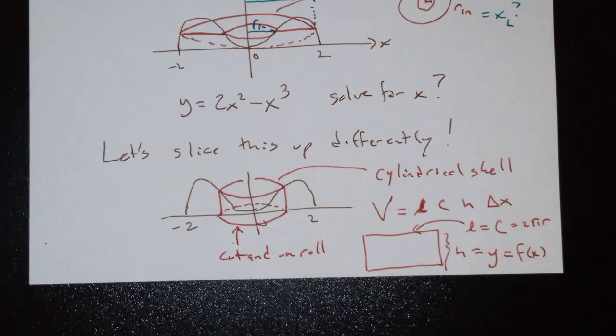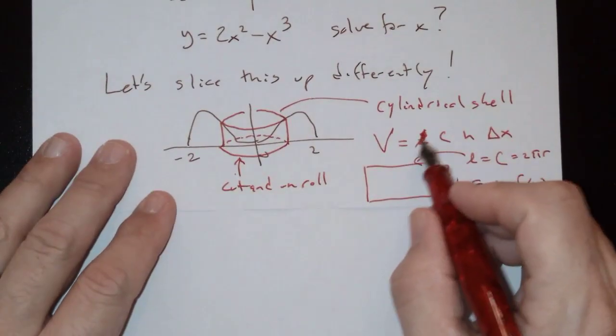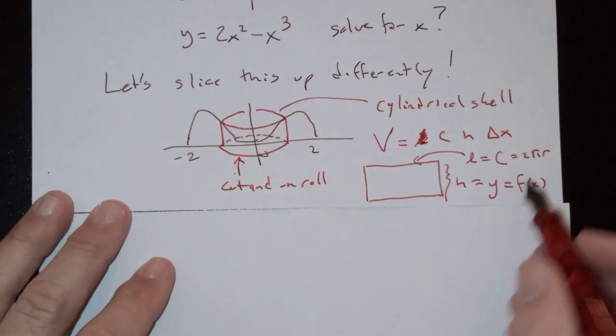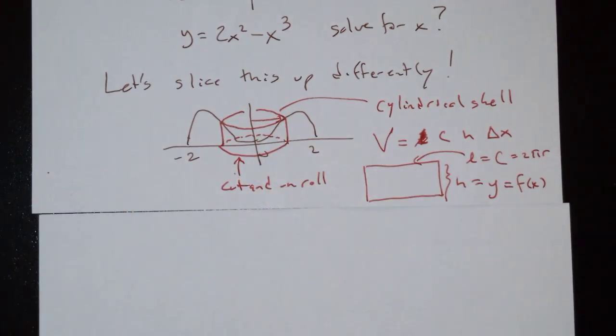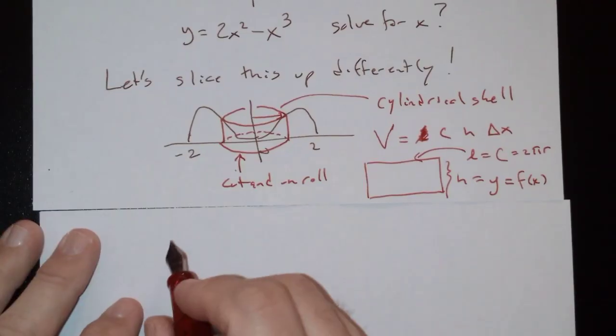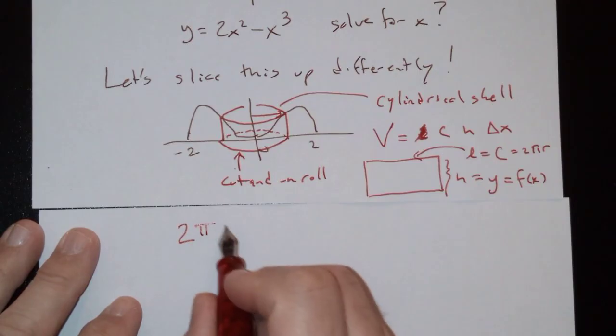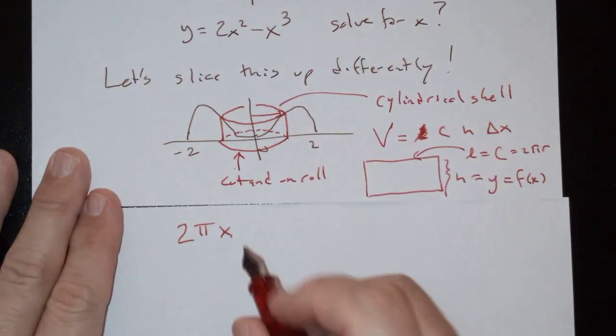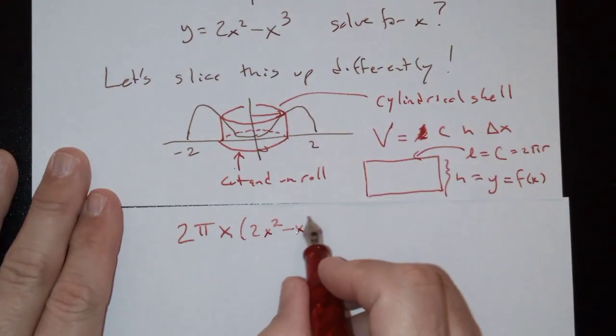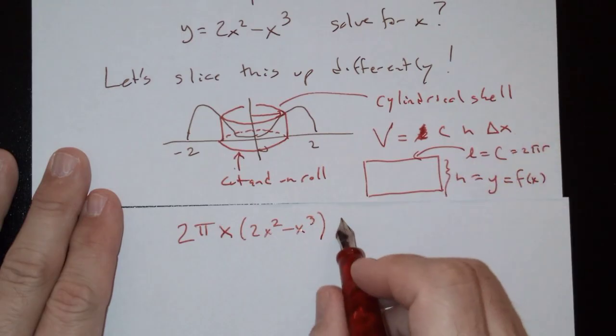Hey, wait a second. Circumference is 2 pi r. What's the radius of that circle? That's the x value we picked to draw the stick, isn't it? So our circumference is really 2 pi x. And then our height is our y value. And the thickness of that slice